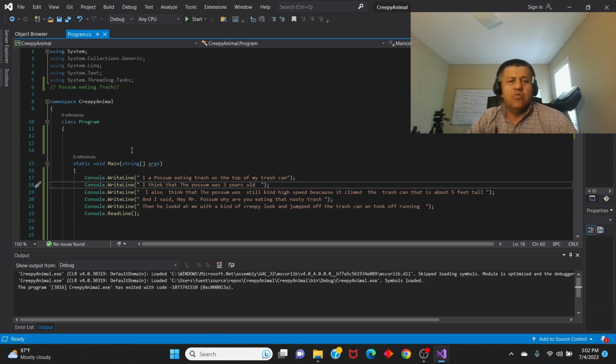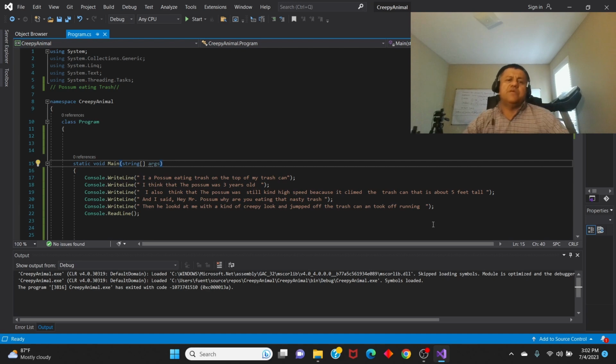So let's do something. This is the point that I'm trying to make. If you want to write a program that takes many lines of code, you don't want to do this, because every time you do this, you have to manually come over here and change everything. So what we can do instead is something